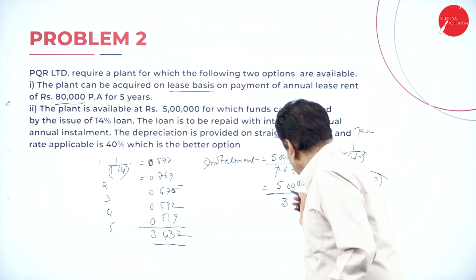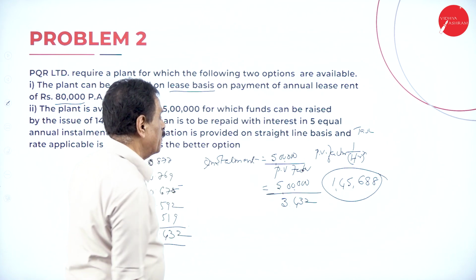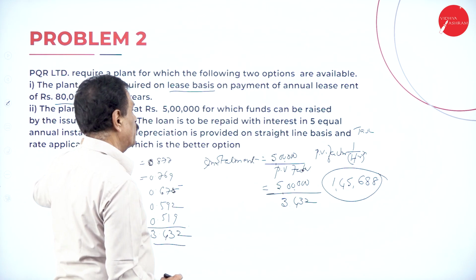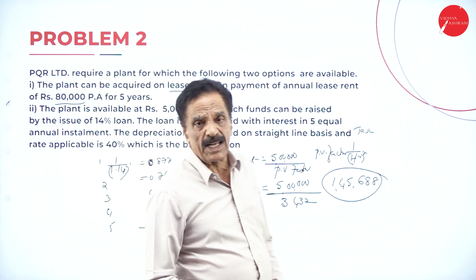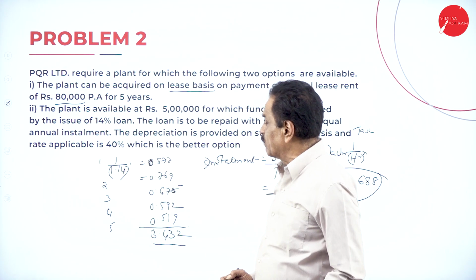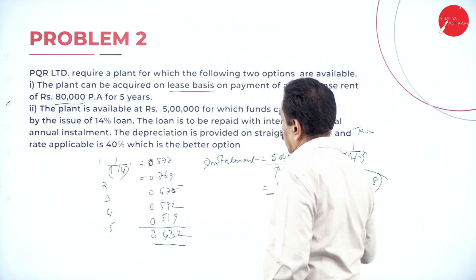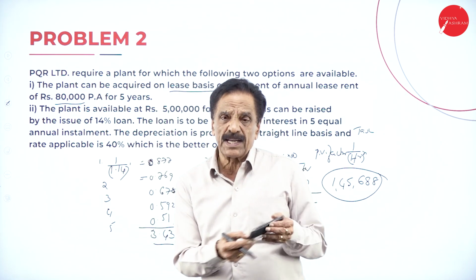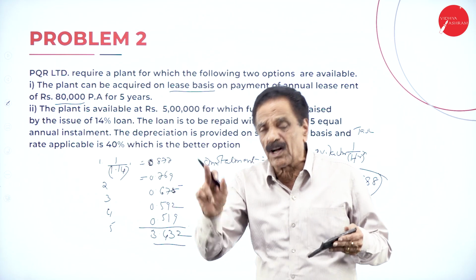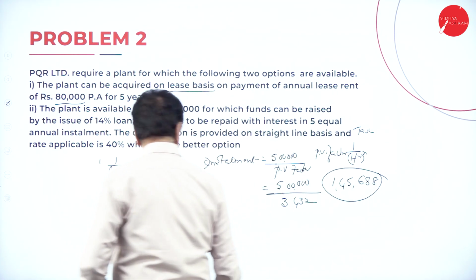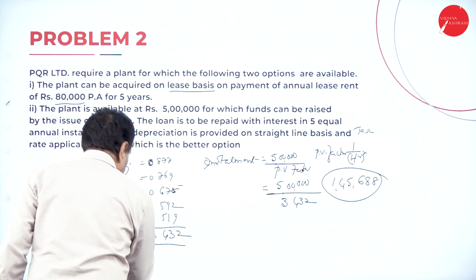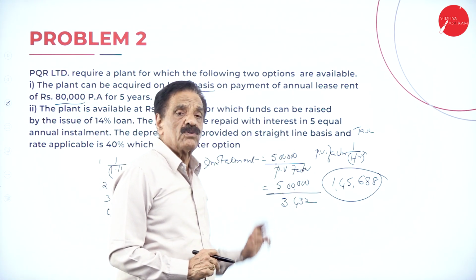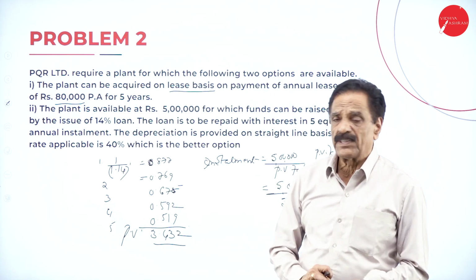That means 5 lakh divided by PV factor. Every installment you have to pay about 1,45,000. The 14% rate is taken as the discount factor. The interest itself is a discount factor: 1 divided by 1 plus r to the power of n, 1 divided by 1.14 to the power of n. First I divide, then I use the calculator and press equals for 5 years. For 5 years, your PV factor is 3.432. Every year he has to pay 1,45,688. This is the first step.